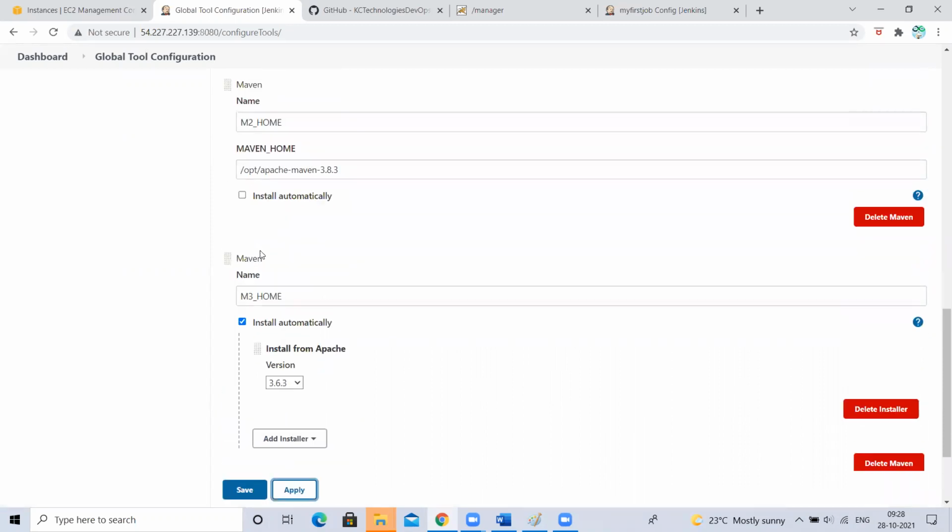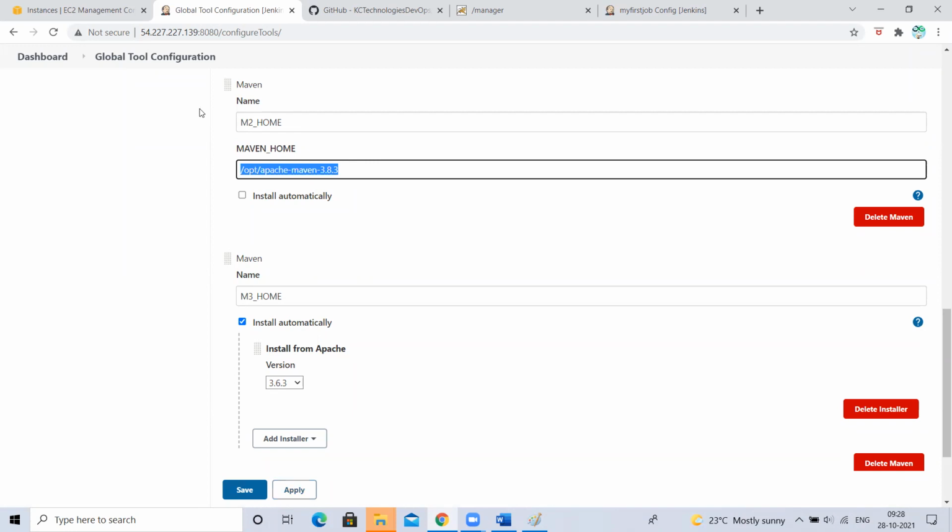But what is the difference, sir? Why should I do this when there is an automatic option? I can always use that. Why do I have to take the headache and install Java, Maven, configure it, export, path, all these things? There is a small difference between the two. If you configure Maven manually, the full control is under you, because you configured the Maven software, the Maven home directory, everything. The Maven local repository, everything is with you. You have full control here.